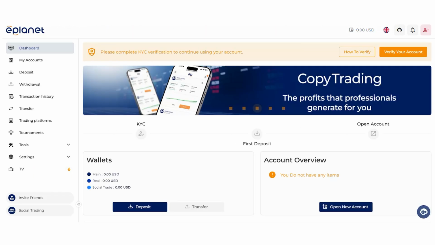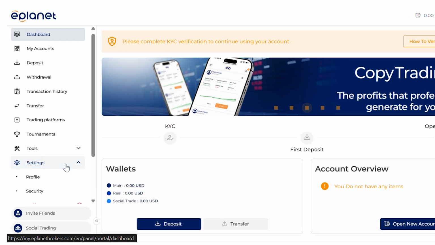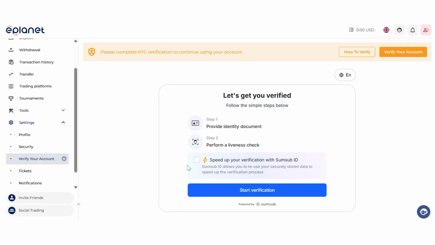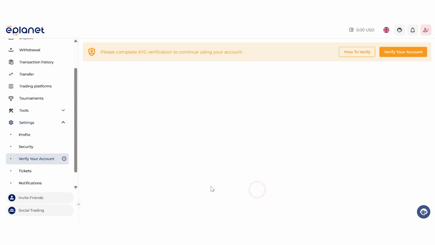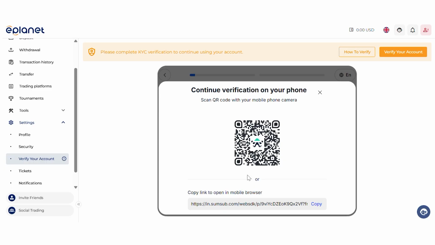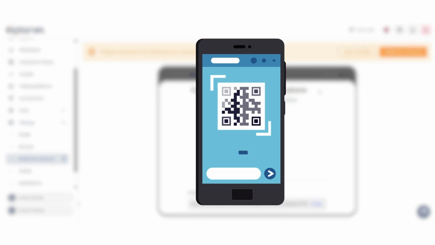Now, in your user panel, from the side menu, click on Settings, select Account Verification. Read the displayed message and click on Continue. To begin, select the Continue on mobile phone option. You can now scan the sent QR code with your mobile phone camera so that the verification page opens automatically